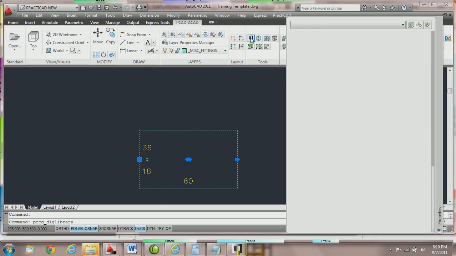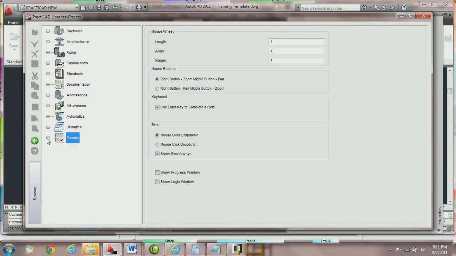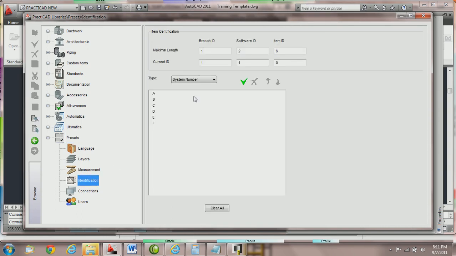PractiCAD ribbon and then go to the preset section and choose identification. On the left hand side, we're going to click on this little plus key to make sure our choices are open. We're going to select identification, and under type we're going to go to special instructions. We're going to add a special instruction by clicking on the green checkbox, and we're going to call this special instruction access door. Then we're going to add a second special instruction, and we're just going to call it use